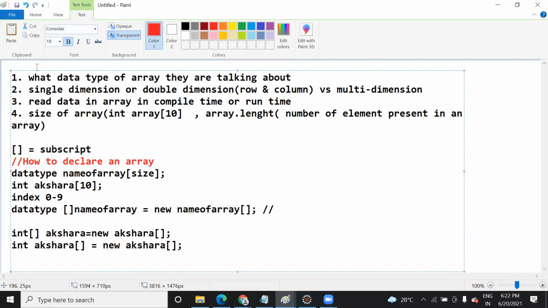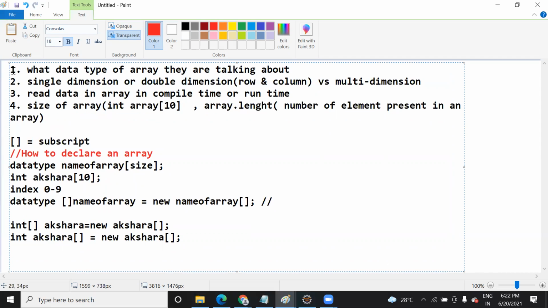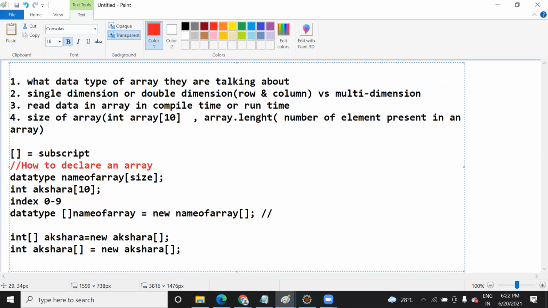The first part is the few points that I told you. These few points you need to remember before writing the code.